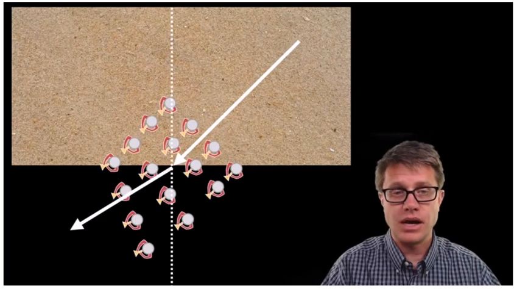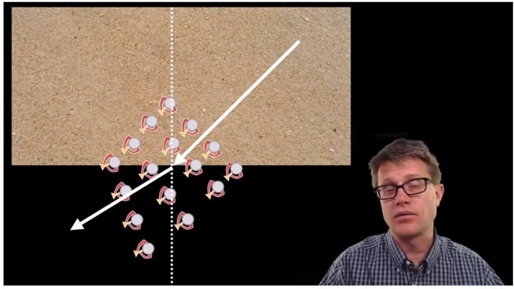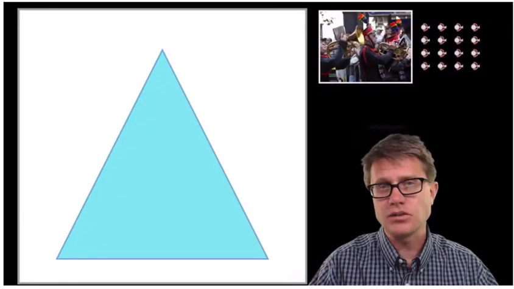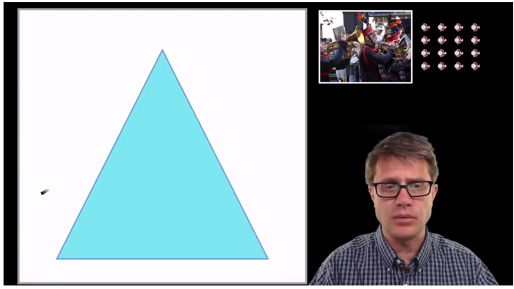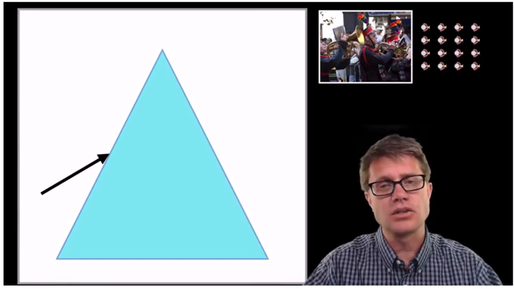If we put in that normal again, our angle is actually increasing. Our angle of refraction is going to be bigger. Let's try to apply that with a prism. Let's say that we have a light ray coming into a prism like this, and inside the prism the light goes slower. So